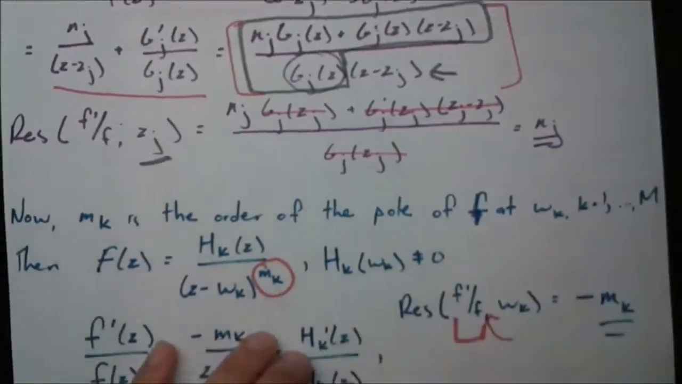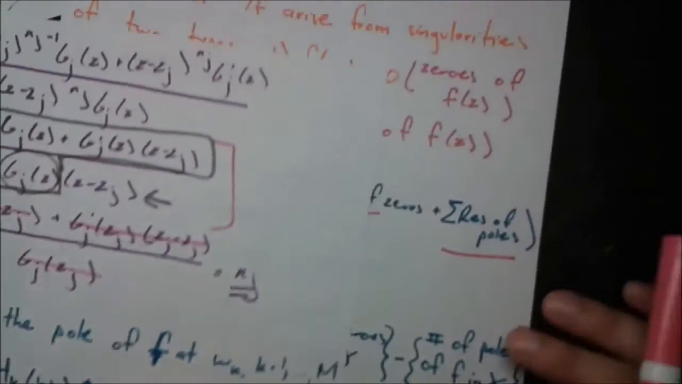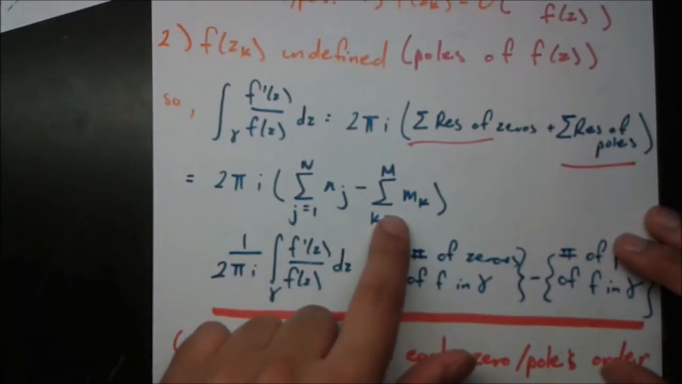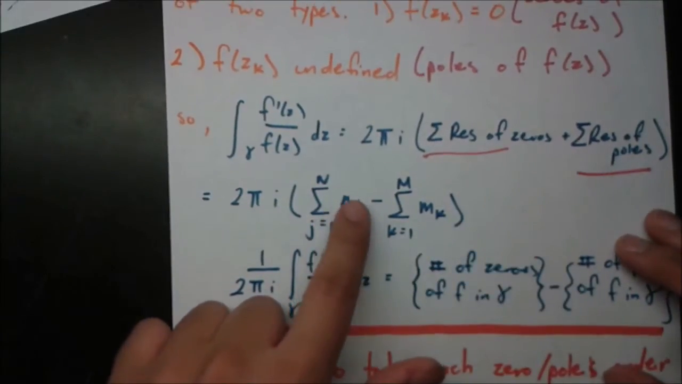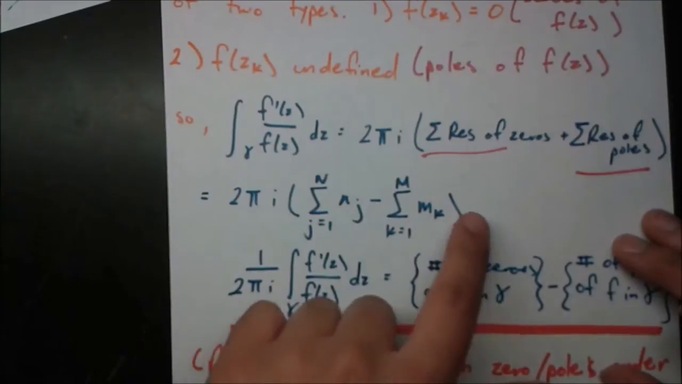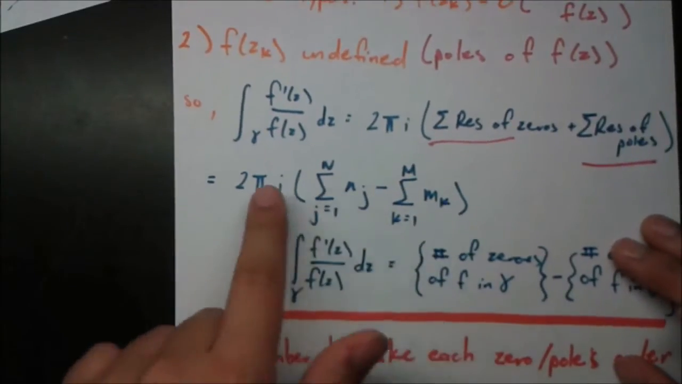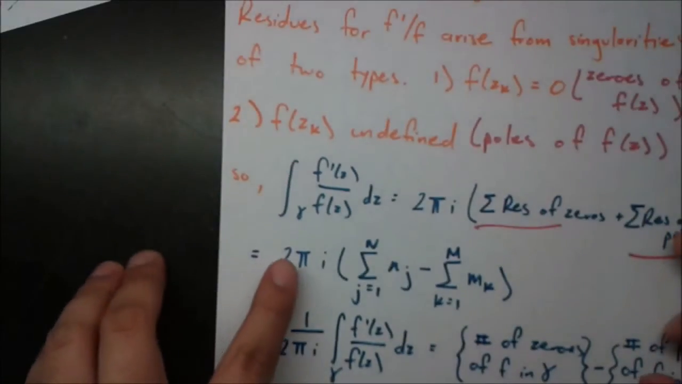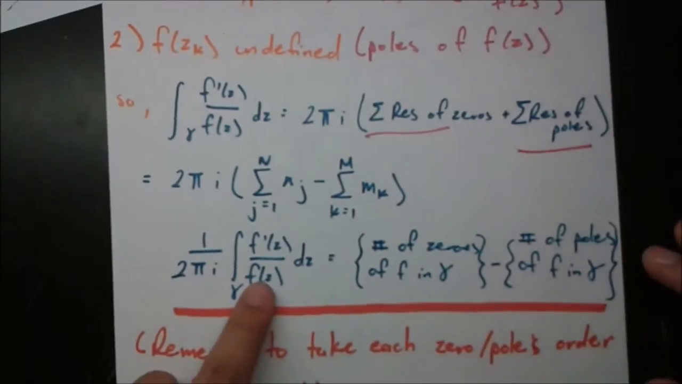Well, what is the sum of the residues of the poles? We just found over here that the residue of a pole is going to be negative m sub k. So if we just add up all those negative m sub k's, then we're going to get the sum of the residues of the poles, and the sum of the residues of the zeros is the sum of all of the n sub j's. So remember, this negative sign is here because each pole's residue is negative m sub k. So we're adding all of these up, multiplying by 2 pi i. Okay, so the final thing we want to do, we want to take this 2 pi i and move it to the other side. So we're going to have 1 over 2 pi i times the integral in question equals